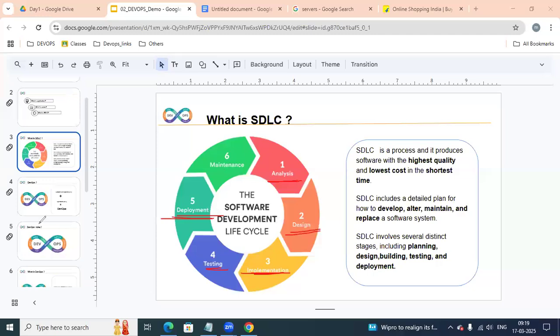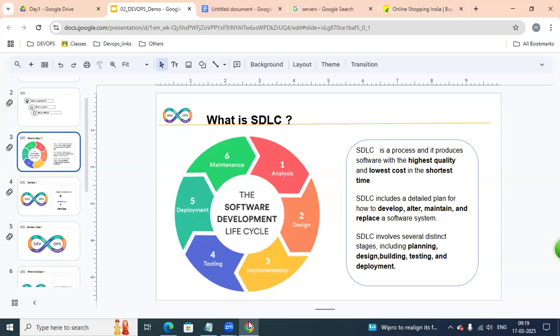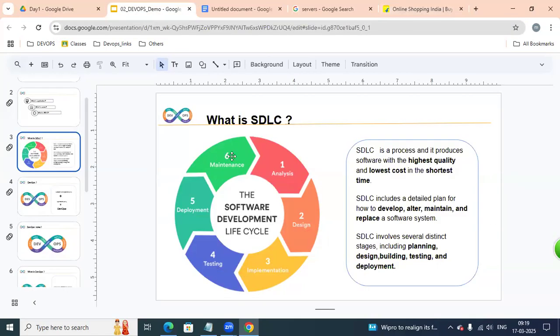Then we can access it on the internet as a website like Flipkart or Amazon, BookMyShow. And whether it is working or not, we are going to do monitoring and maintenance.